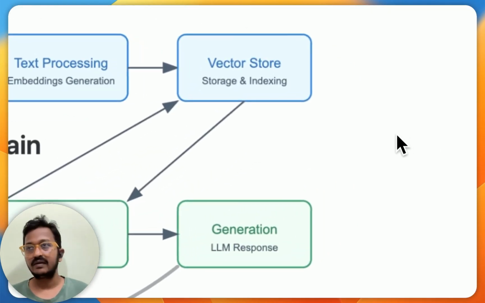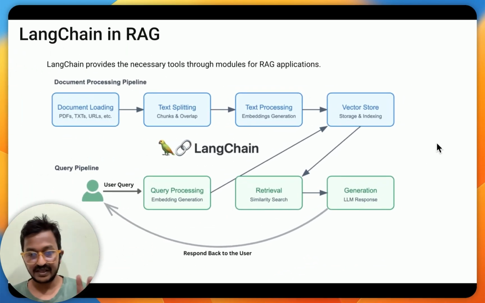And LangChain provides different tools and libraries at the different stages of the whole RAG pipeline, as you can see here. For loading your PDF files, there are document loaders, there are text splitters, it gives you LLM models, and it has good integration with vector stores and vector databases. So at different stages of the whole RAG pipeline, LangChain has the necessary tools through its modules so that you can build robust RAG or AI applications.